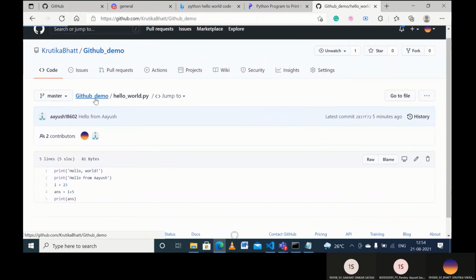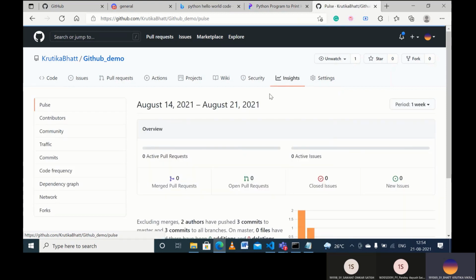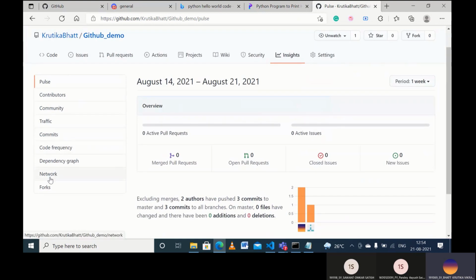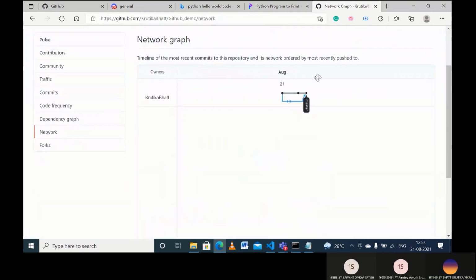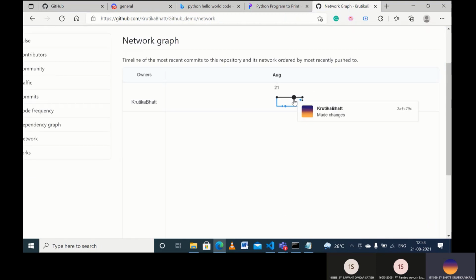Okay. Now let's go to version control. Exactly what I can say is the one proper feature, or the best feature, about GitHub is version control. Not many times can you just do Control plus Z and undo the changes. Sometimes the code bases are very large, so you can't follow that method. So one thing that I've done over here is I can show you. You can go on Insights, you can go on Network. So you can see a basic branch shown over here, which will show you the changes that you have made and pushed. So let's say I want to go on this change, like made changes.